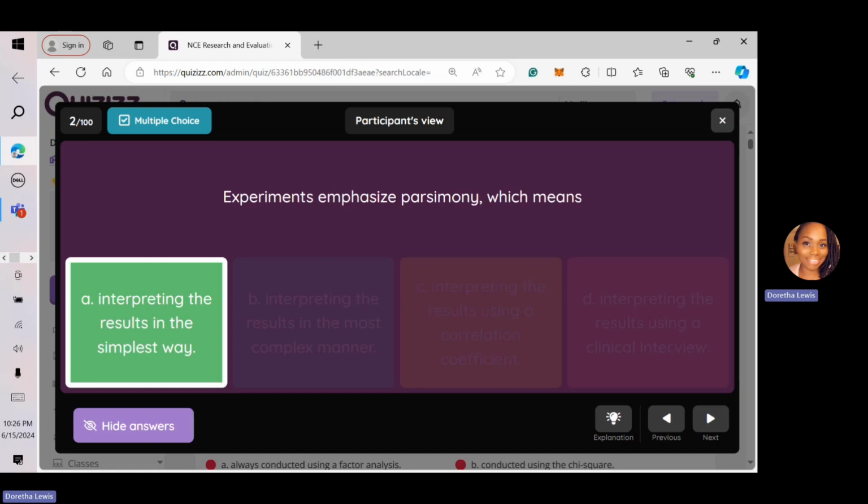So the whole point of being able to interpret the results in the simplest way is so that you can understand it, right? While not making it more complex than it has to be, right? In research, you have your discussion and conclusion at the end, right? This is where you will get more information. In the conclusion, what were the results? What were the outcomes? What did you find, right? And sometimes it's vice versa. But the whole point of research is to just explain it in a way that it's understandable.